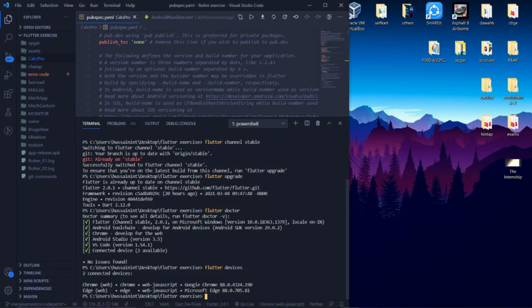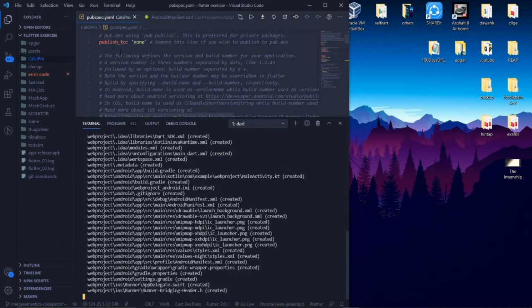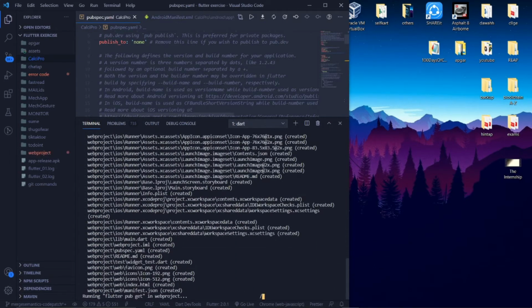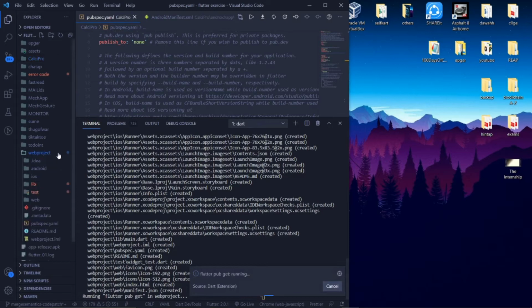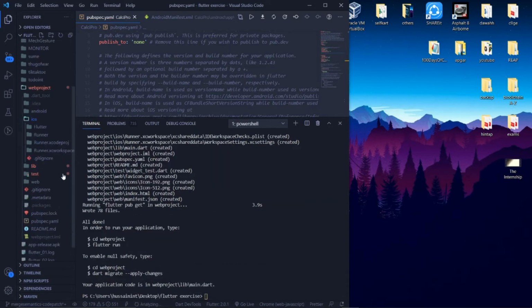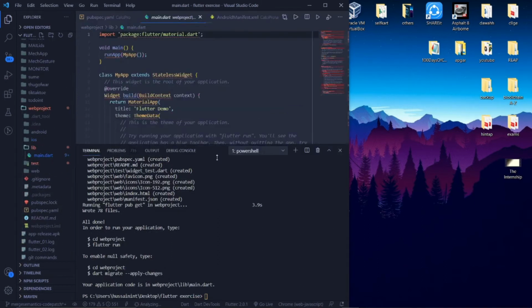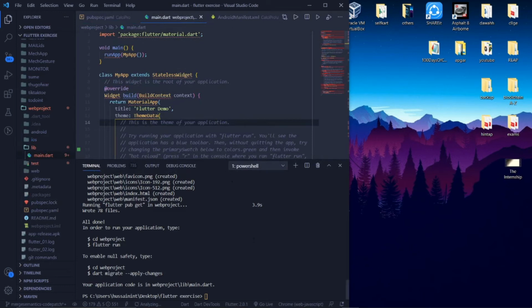So we'll create a Flutter project, flutter create web project. So a project has been created here, and we'll open our lib folder, and here we have a demo code. So first we'll go to our project,